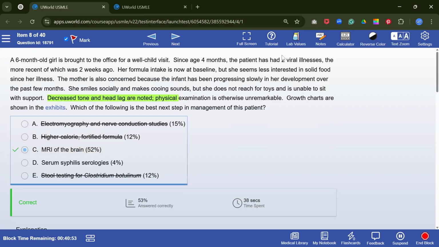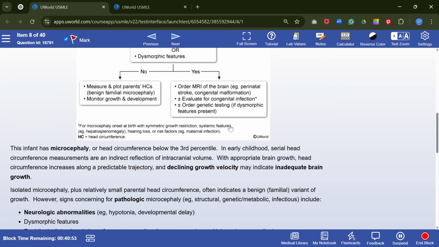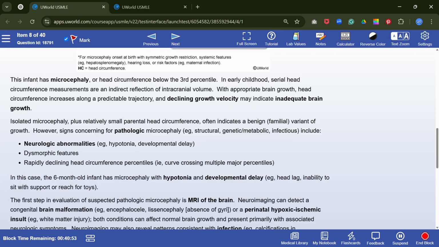In this step, we can see that there is a viral illness. The patient smiles. Decreased tone and head lag are noted, so there is some neurological problem also. Physical examination is otherwise unremarkable. So it looks like declining growth velocity